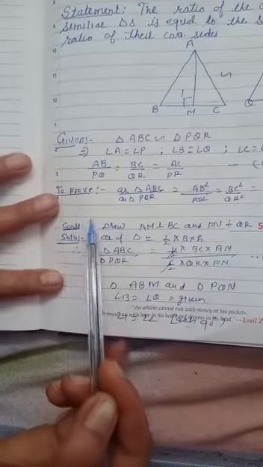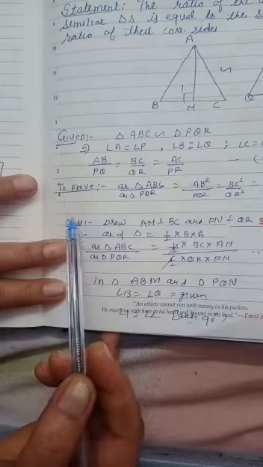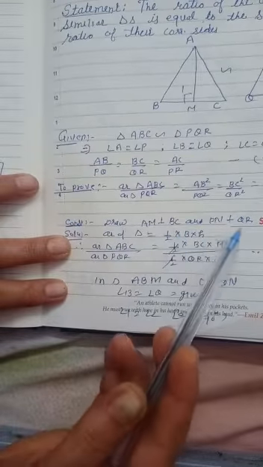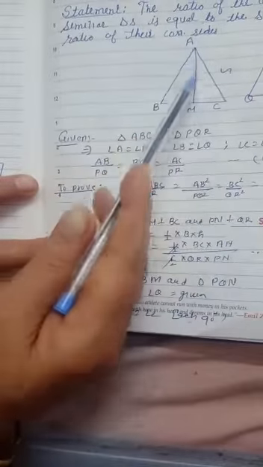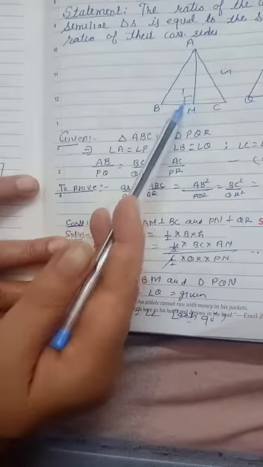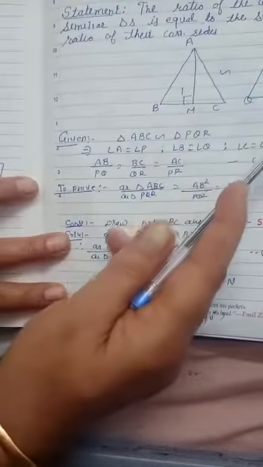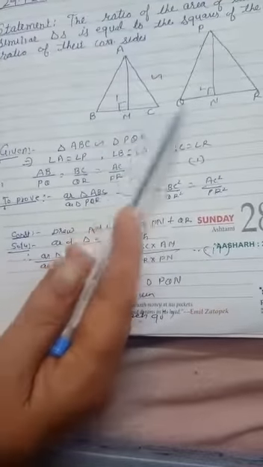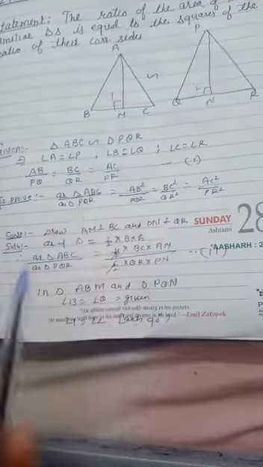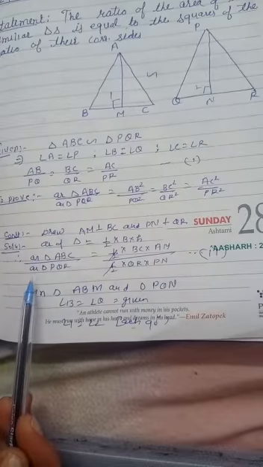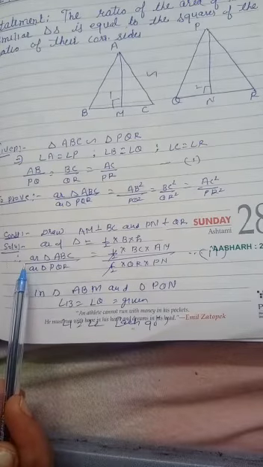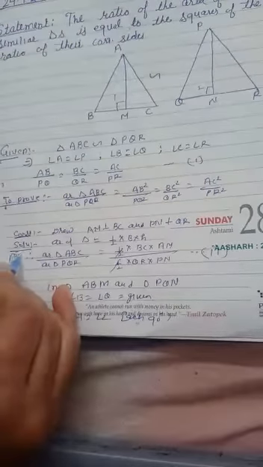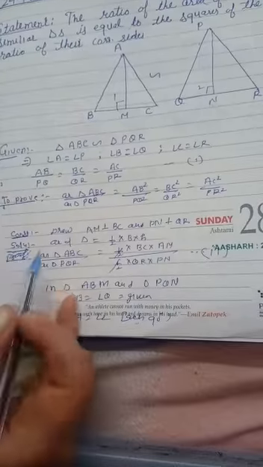Okay, now for this let's do the construction. In the construction, draw AM perpendicular to BC and PN perpendicular to QR. AM perpendicular means 90 degrees, and PN perpendicular to QR. We have drawn perpendiculars in both triangles. Clear? Now you know very well the area of a triangle. We are going to start its solution, or we can say its proof. In the proof we are going to start with, we know that